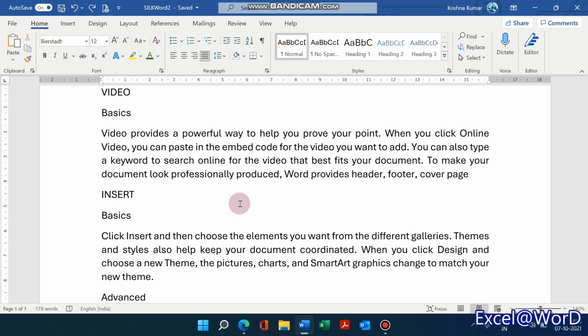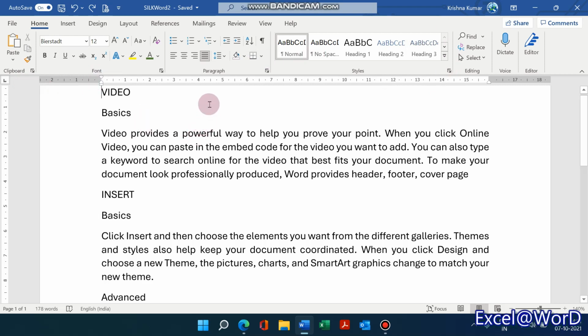Unfortunately, most of the people whom I interacted with just ignore the styles option. Once you think it's not important, you can just see that by default the styles are on the home page, and this occupies fairly good real estate space on the home screen itself.